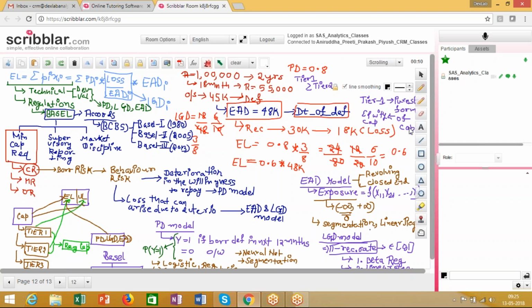But since tier 2 capital is a predicted capital, it is also subject to the judgment of the management. Therefore, the regulators have imposed a condition that the tier 1 capital has to be greater than or equal to the tier 2 capital,